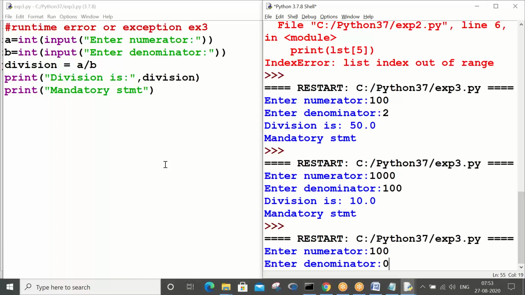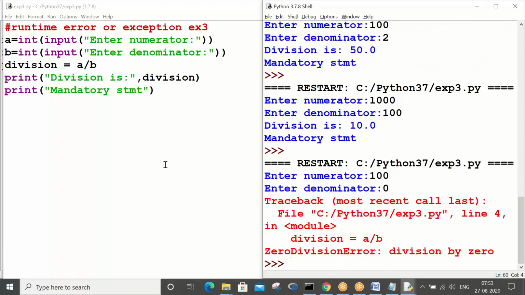You just see. Here your interpreter cannot perform the operation. What is that operation? 100 by 0. Can anybody do this calculation? 100 by 0 leads to infinity, right? Anything by 0 is infinity. So can you represent infinity? You cannot, right? So how to show infinity to the end user? This is the confusion your interpreter is facing. It cannot show infinity to the end user.